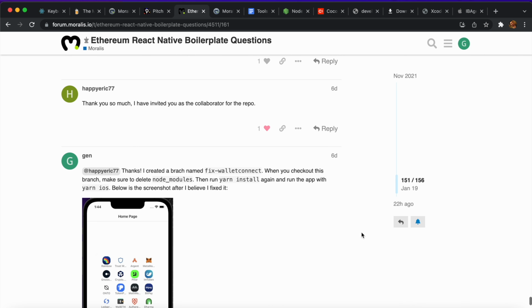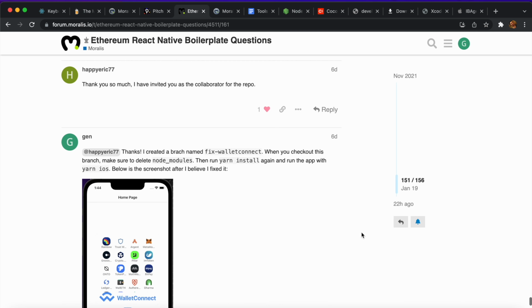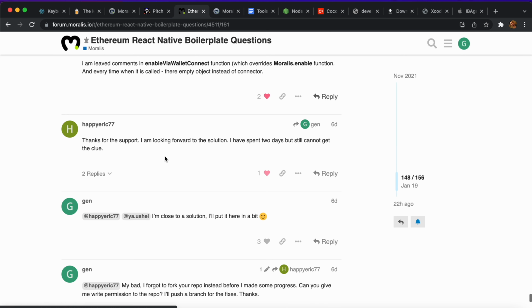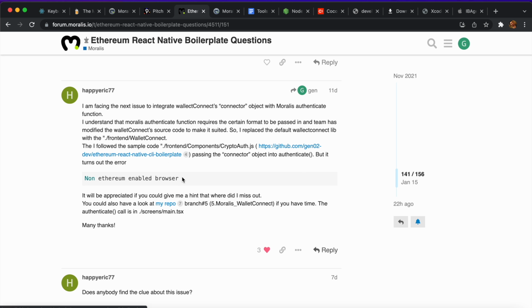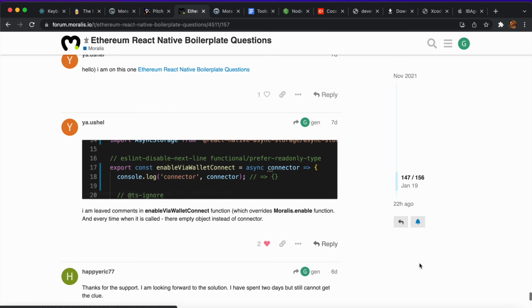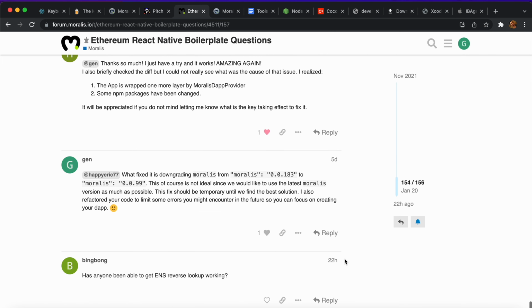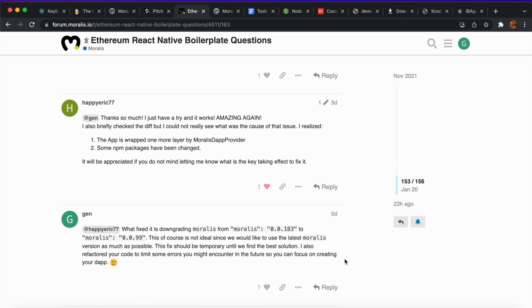Okay, so this is also one of the issues. He said here that he's encountering this issue, and I was also able to fix this. There are a lot of issues that I was able to fix that have something to do with the Ethereum React Native boilerplate being integrated into React Native CLI, because I know, guys, that most of you